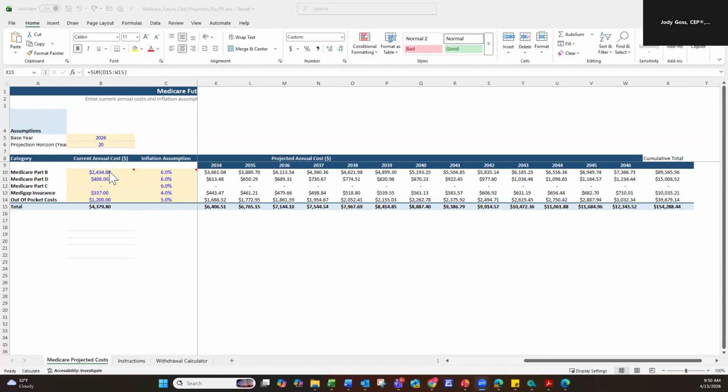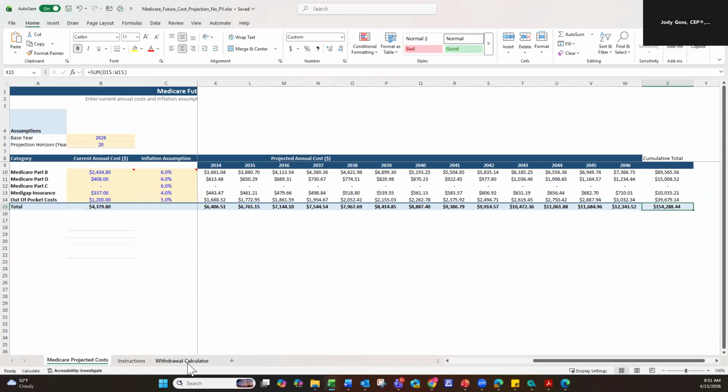Simple data input. It shows the annual cost of Medicare Part B, Medicare Part D, Medicare Part C, if that's applicable, Medigap insurance, if they are not using Medicare Part C, and out-of-pocket insurance or out-of-pocket costs that they may incur to meet deductibles and the like. As you can see here, once those are inputted, it shows a total 20-year projected cost of out-of-pocket for your